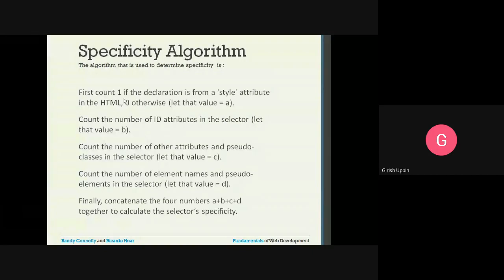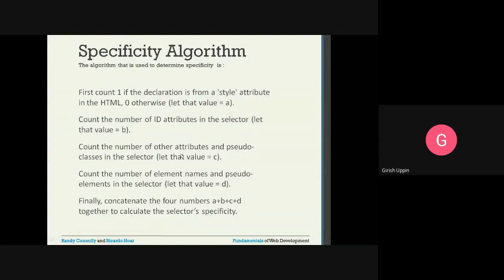Otherwise we give the value of 0, which we call A. Then count the number of ID attributes in the selector. That value would be the second value, B.